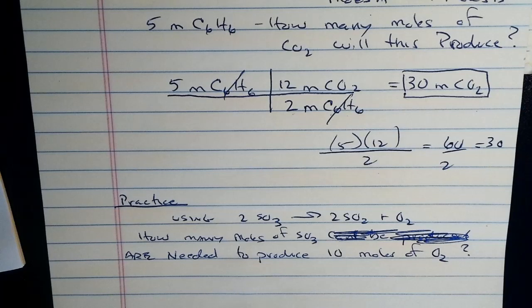gives us 2 moles of this and 1 mole of this. But we're not talking about starting with 2 moles of H2O. We're talking about starting with 6.2 moles of H2O, okay? So this is just like when you're cooking and you